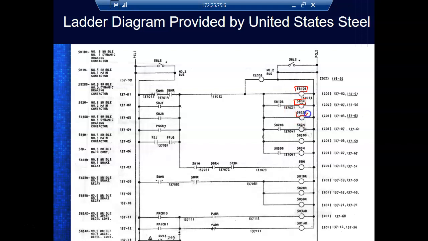This is 5B2DD. This is 5B2H. This is 5B3D. And of course, this right here is one rung. It's got multiple loads, but they're connected in parallel. So it's legal to have parallel